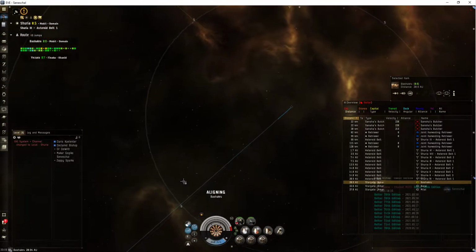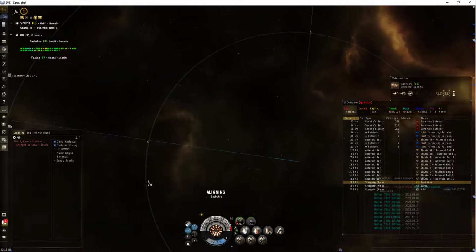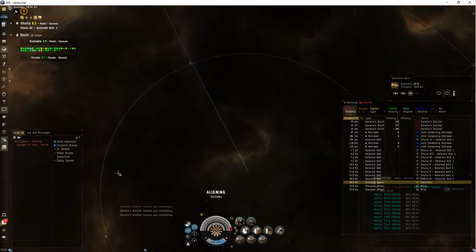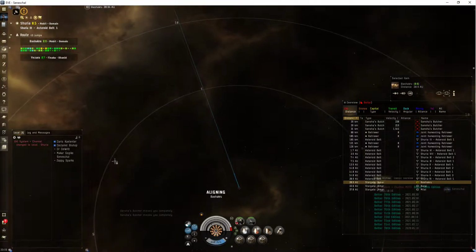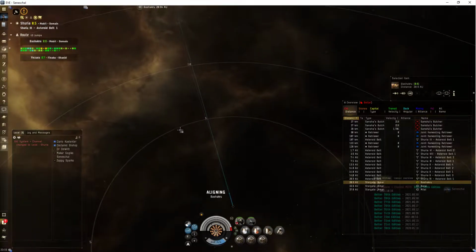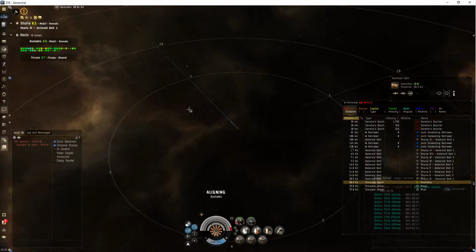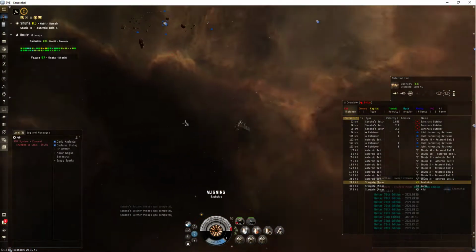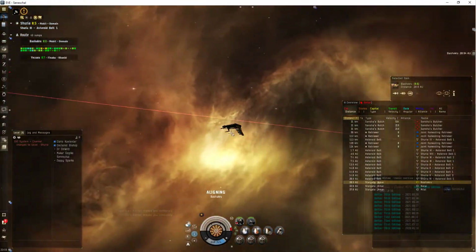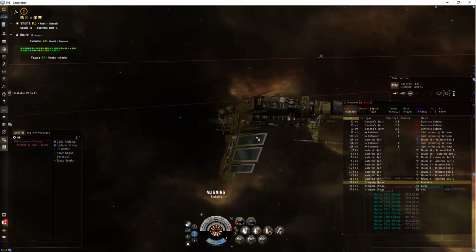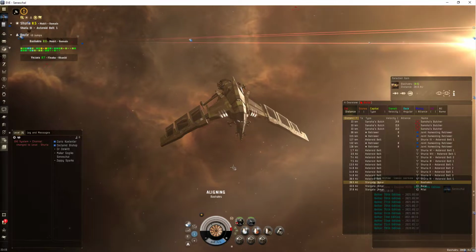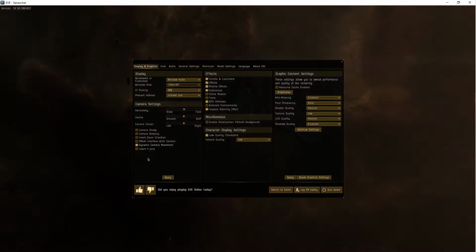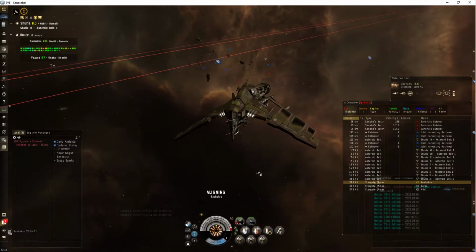So, what we're dealing with is a situation with camera work and how to explain the different camera options you're given by the game. And the main one is the orbit camera. So when you're looking at a ship, you've got your ship looking at, and I've got dynamic camera movement on. If I've got it like this,